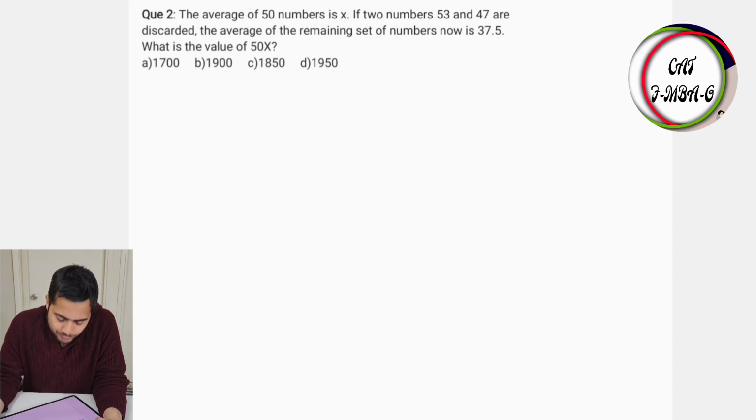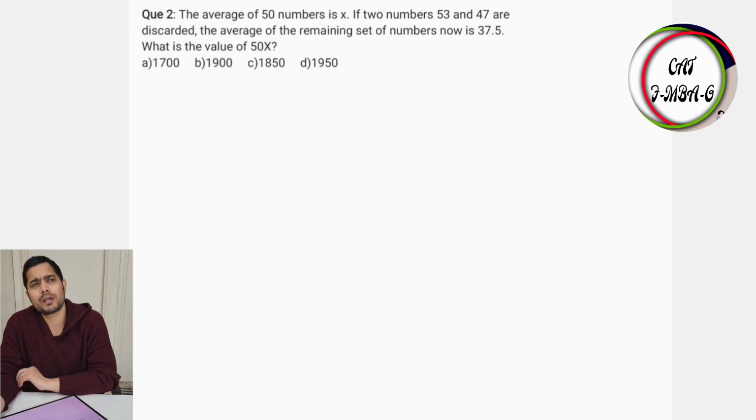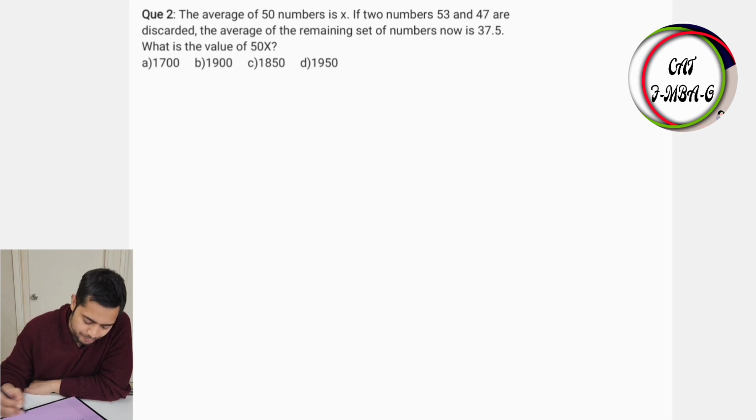If two numbers 53 and 47 are discarded, then the average of the remaining set of numbers now is 37.5. So this is a fairly easy question. This is an average question. Let's attempt this. Let the numbers be